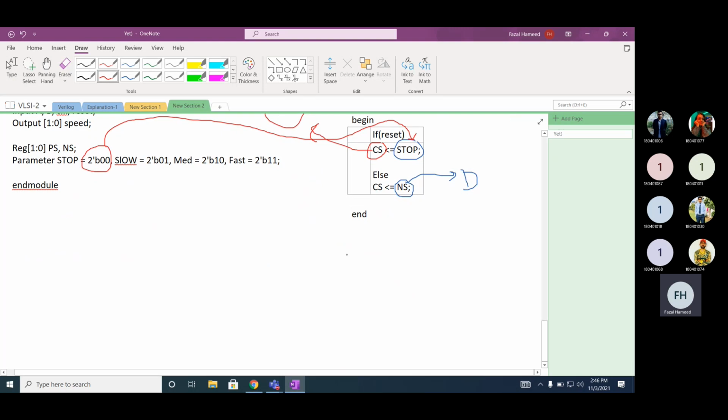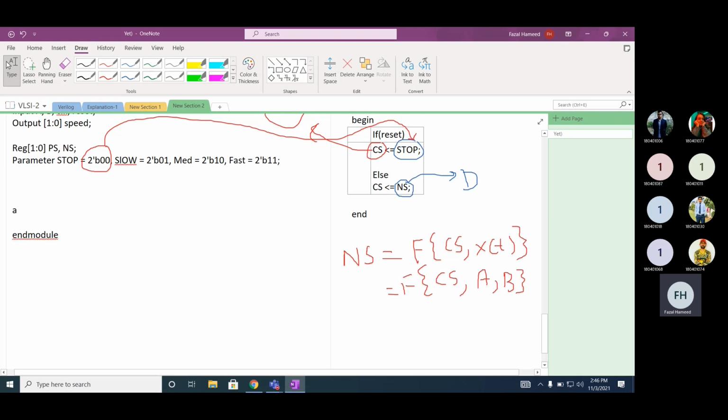Your next state is a function of current state and xt, where xt is input A, B. Now we can write the Verilog code for this.